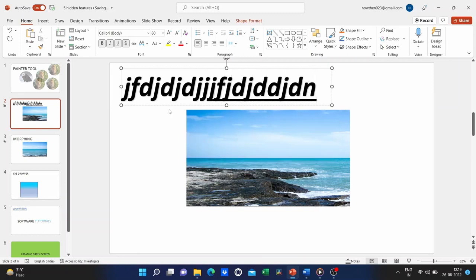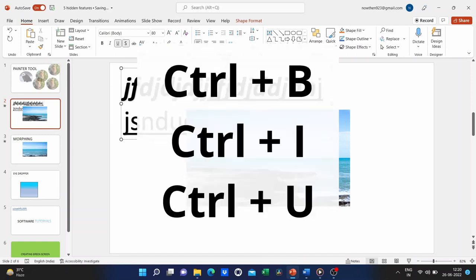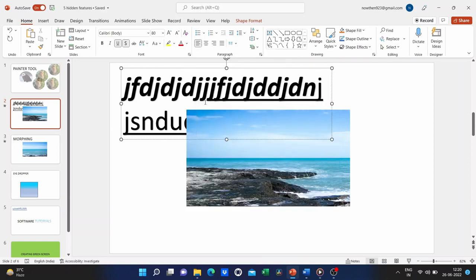Now you notice the mistake I made. I have not been undoing the bold and italics, and so I need to go in and hold Ctrl, tap B to get out of bold. Hold Ctrl and tap I to get out of italics. Now if I type I just get underlined text. So Ctrl B, Ctrl I, and Ctrl U. Those are helpful when you're creating your presentation to keep your hands on the keyboard and to be able to work as efficiently as possible.